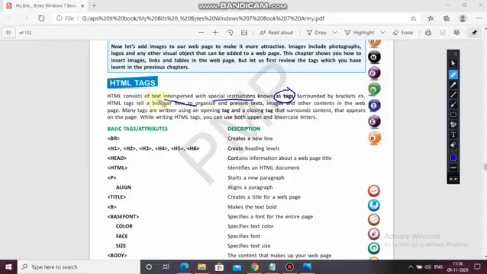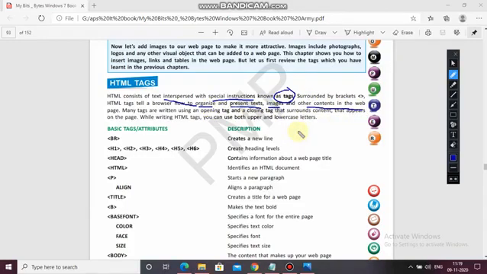Surrounded by brackets, HTML tags tell a browser how to organize and present text, images and other contents in the web page.